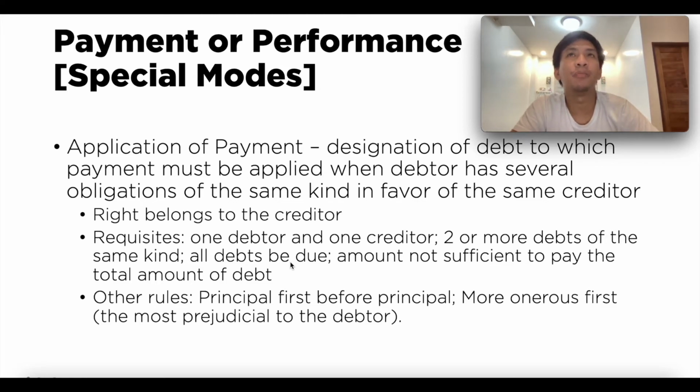Iba-ibang klaseng utang, ano? Pero all the same, utang pa rin, pera lahat, pare-parehong kinds. Okay? So, ayan. Tapos, magbibigay ako kay Maria, oh, Maria, tanggapin mo nga itong 6,000. Instead na 10,000 ang kabuuan ng utang ko, 10,000 yung kabuuan ng utang ko, pero ang mababayad ko lang for the meantime ay 6,000.